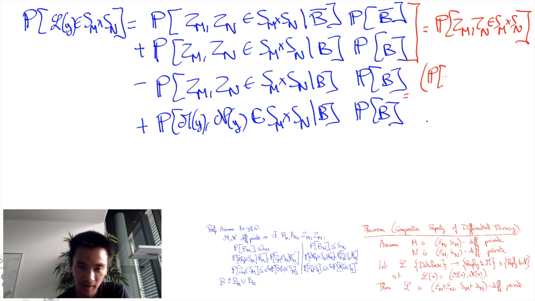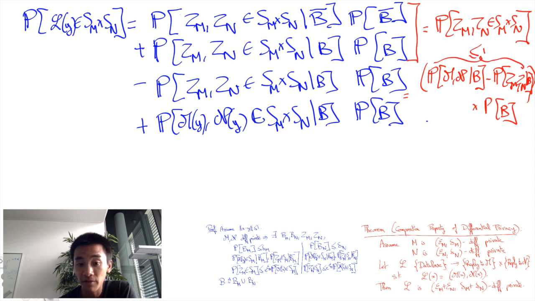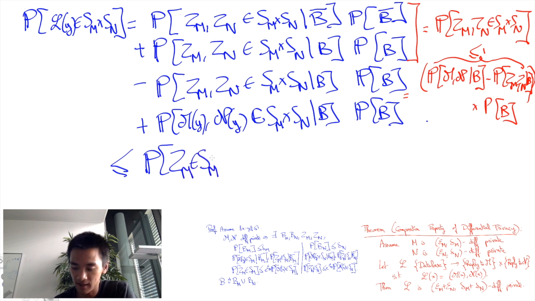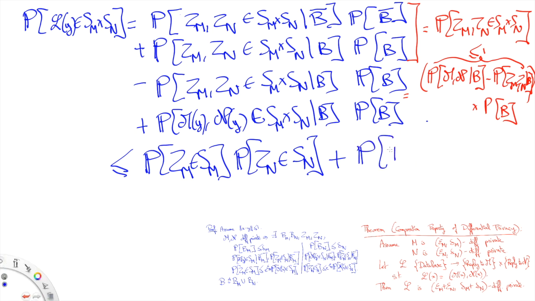Meanwhile, the other terms can be factored by the probability of a breach, and all the terms that precede it are necessarily at most 1. So eventually we get the inequality that says that the probability we were concerned with is at most the probability that Zm is in Sm times the probability that Zn is in Sn plus the probability that there is a breach. And these two probabilities here are epsilon M and epsilon N differentially private, which means that these are at most